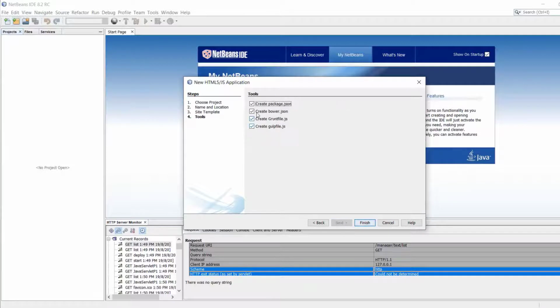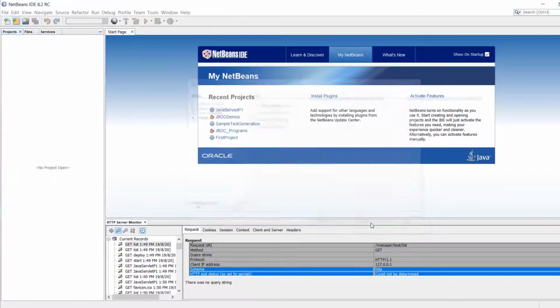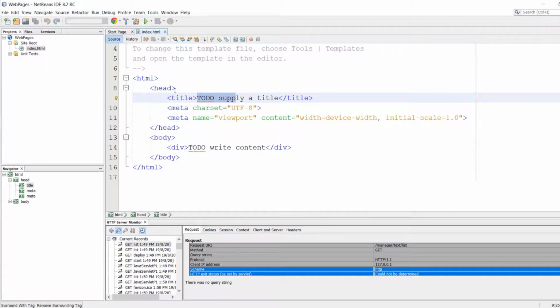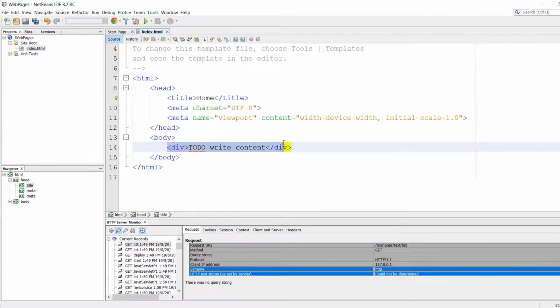Here we are not using JSON format and GraphQL format, so uncheck that one. After that, an index page will be created with some default text. In your head tag, you make the title Home, and you can keep or delete the default content. Here I am talking about the heading tags H1, H2.